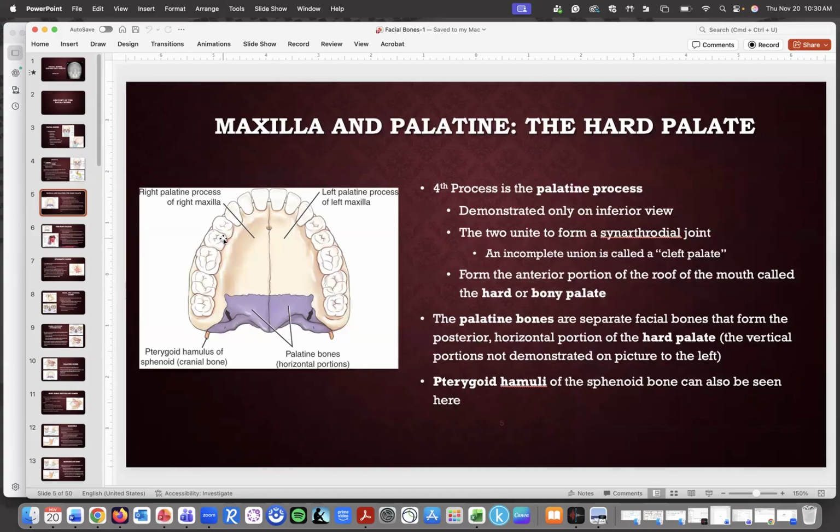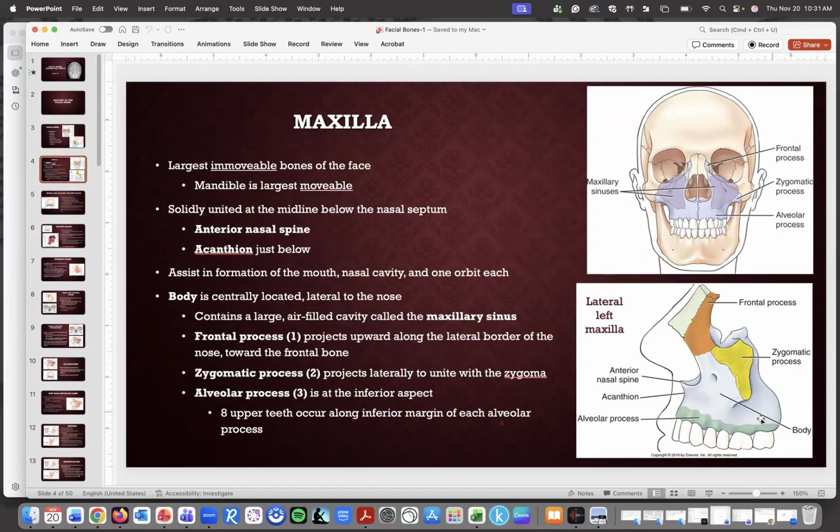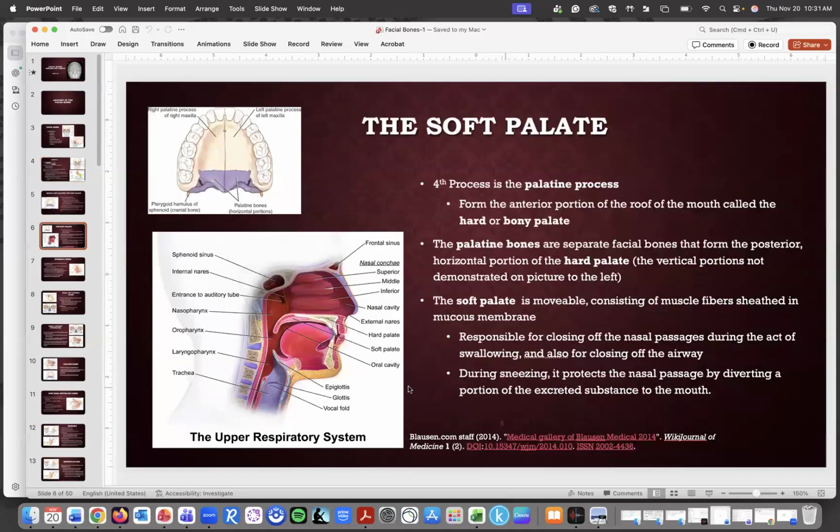If you were to take off the mandible and look at a posterior view of the rest of the skull, you would find a palatine bone, the horizontal portions in particular. So if we were looking at it from the side, it's kind of hidden here, but it's behind this area that we see, going in the horizontal way. And we can kind of see it here. Okay, and it makes up part of the bony